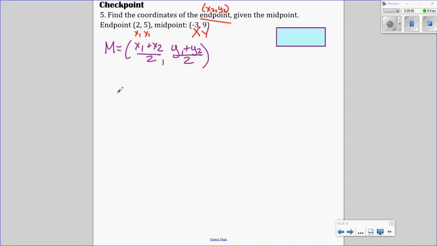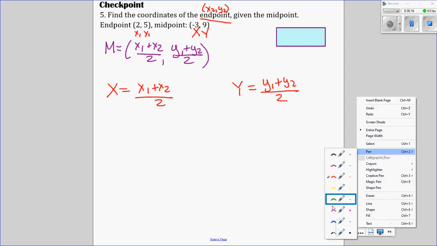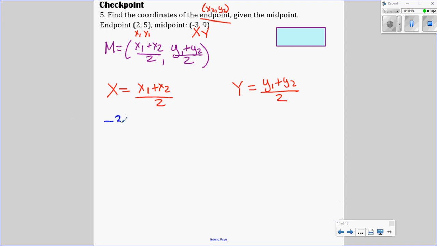So now again, remember how we split it up? We're going to have the big X, x1 plus x2 over 2, and then we have the big Y equals, which is the Y for the midpoint. It would be y1 plus y2 over 2, and then we plug it in. I'm going to use another color. So we have negative 3, and then the x1 is 2 plus x2 over 2, and then the y we have 9, and then for the y1 is 5, and then we have y2 over 2. Again, we cross multiply